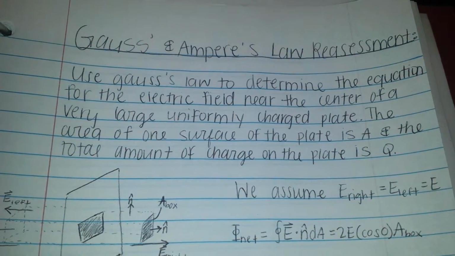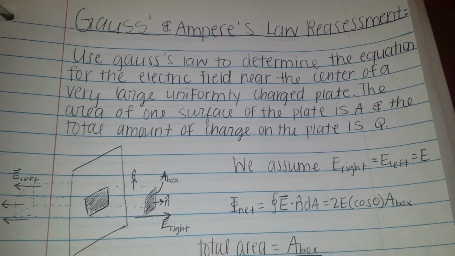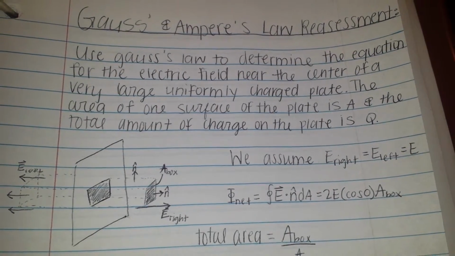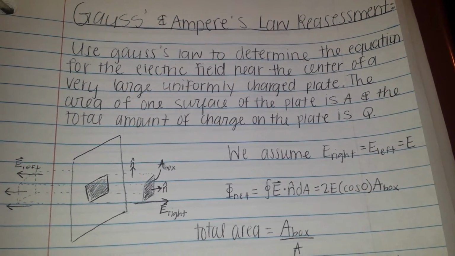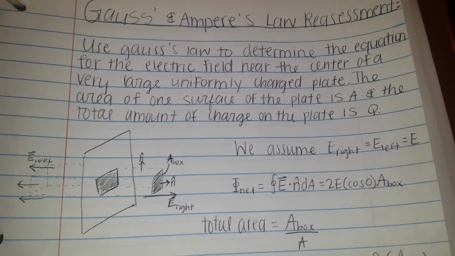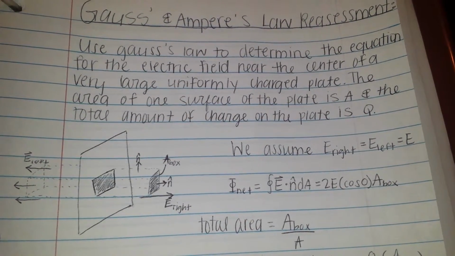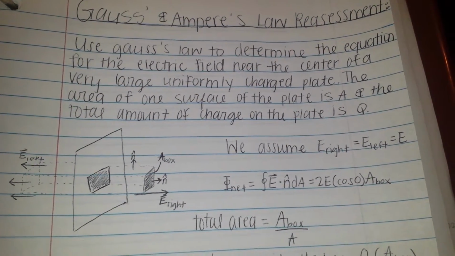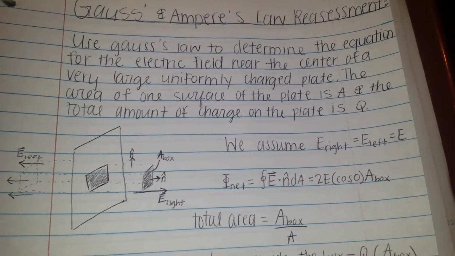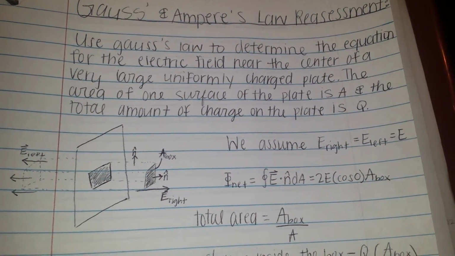This is a reassessment on Gauss's and Ampere's law. This question wants us to use Gauss's law to determine the equation for the electric field near the center of a very large uniformly charged plate. The area of one surface of the plate is A, and the total amount of charge on the plate is